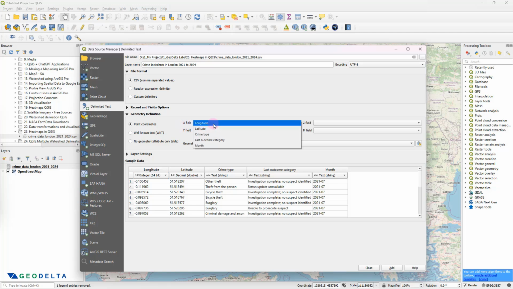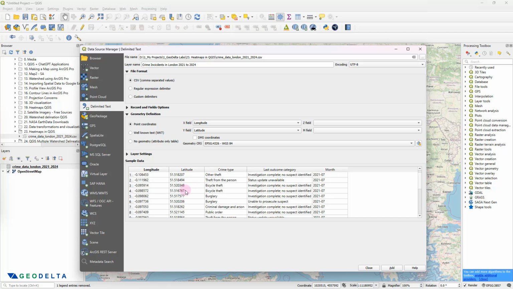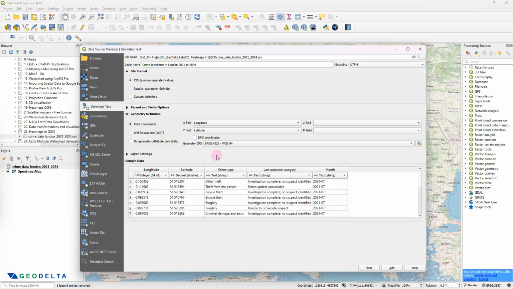And you can see that it automatically detected that, but in case the field name happens to be something else, then it becomes your task to properly guide QGIS and help it recognize what the X field is and what the Y field is. Over here, you have to make sure that you select the correct coordinate reference system of the given longitude and latitude data. And of course, in this case, it's the WGS 1984 Geographic Coordinate Reference System, which is given by the